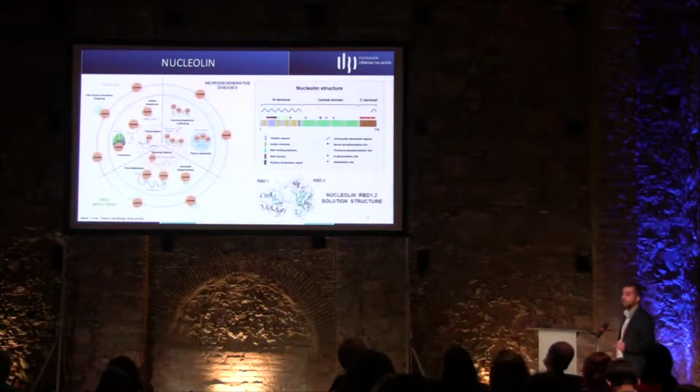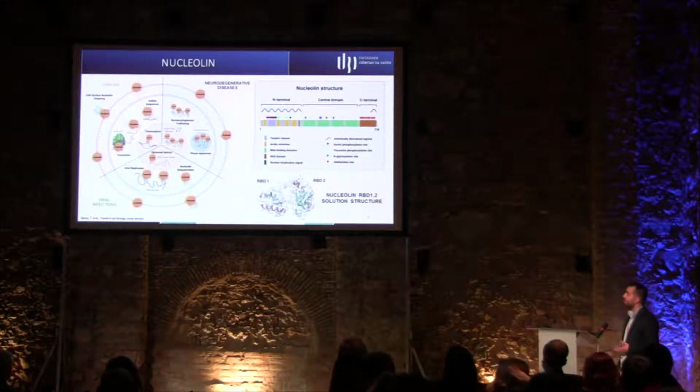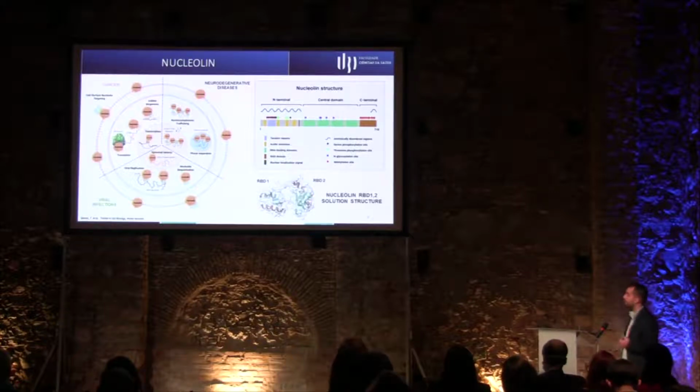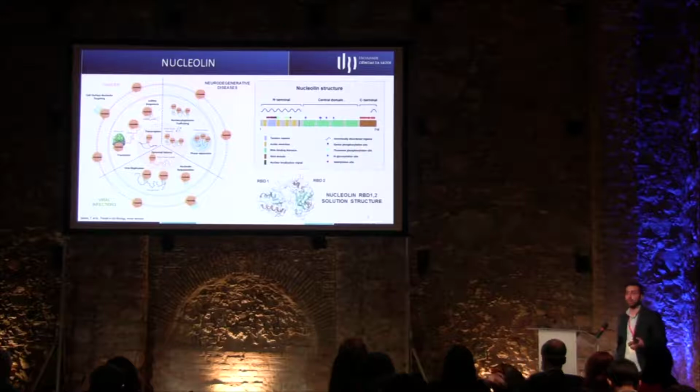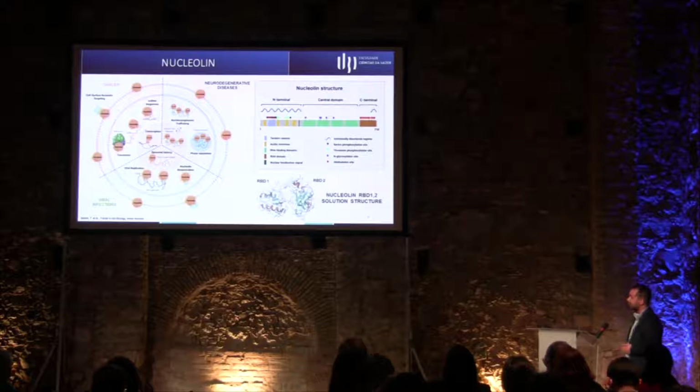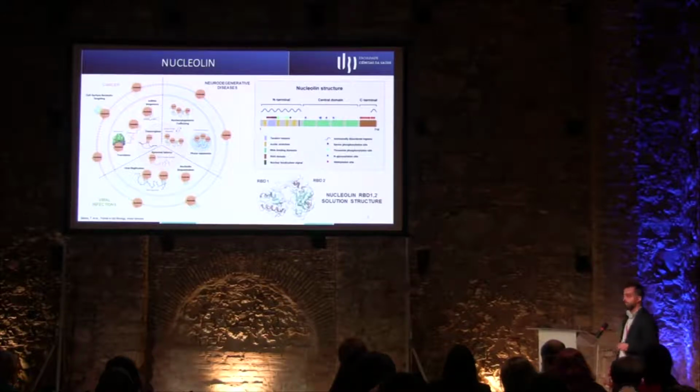Next, beside ligands, also proteins have been found to bind to RNA G-quadruplexes. Nucleolin is one of those proteins and is involved in many biological processes, as well as pathologies like cancer, neurodegenerative diseases, and viral infections. However, the structure of nucleolin is not straightforward, it's very complex, and it contains a long disordered region in the N-terminal domain and a small one in the C-terminal domain.